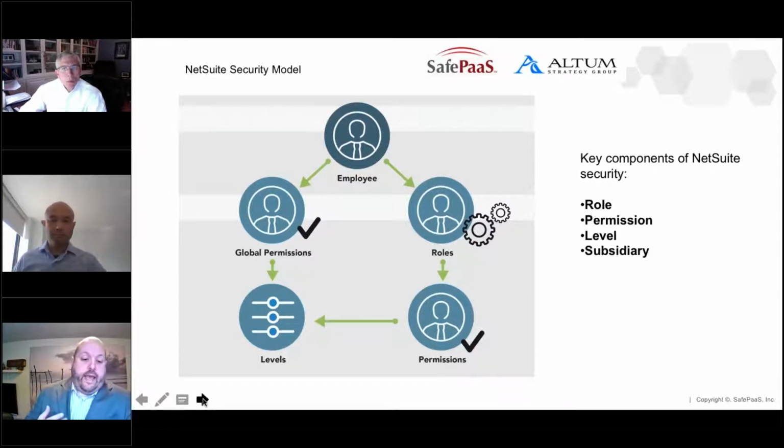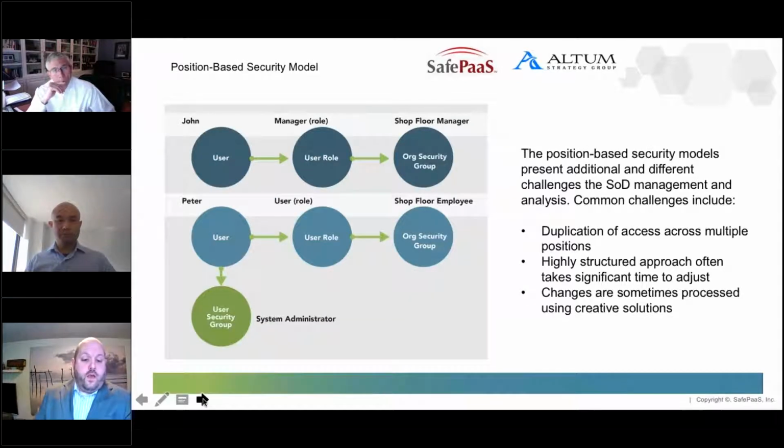So as we look at this structure, and move into the next slide, which is an overview of the position-based security model, we look at some of the complexities of this type of scenario where users, through an HCM org hierarchy, are assigned a number of roles, which may be a manager or an employee, and those two roles may be a superset of one another. Manager includes both the access of the employee and some additional